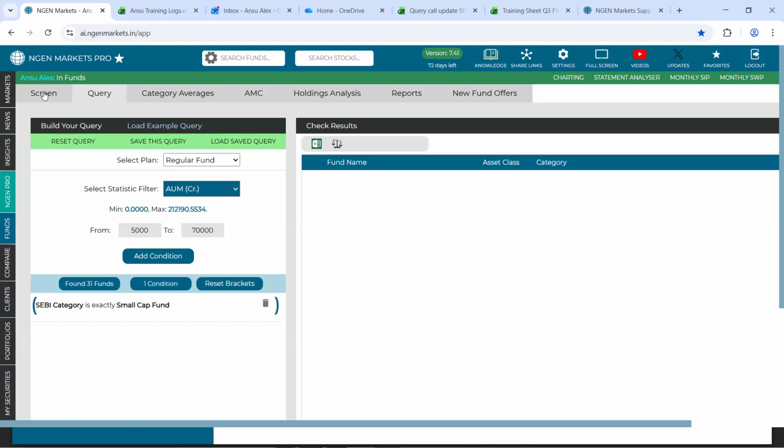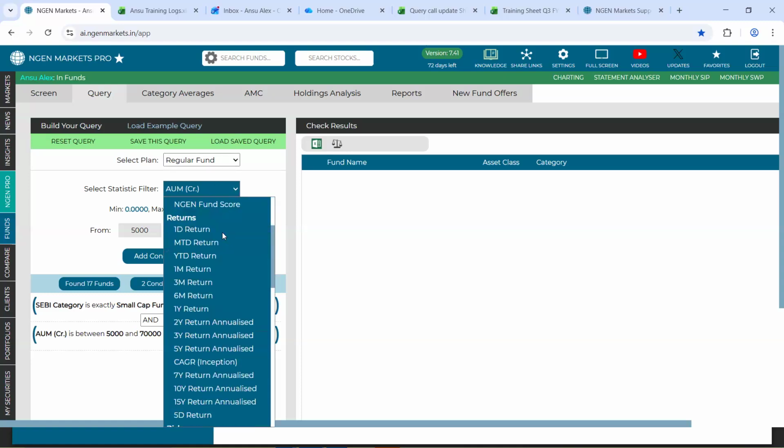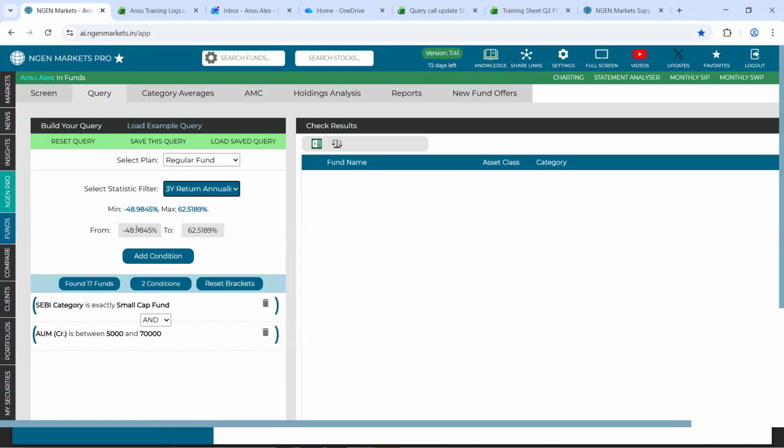The maximum range you were not able to cap. That has been resolved in the query section, which enables you to input a range. And let's say I input a final condition of 3 year return, ranging from 15 to, let's say, 35. And I click on add condition.